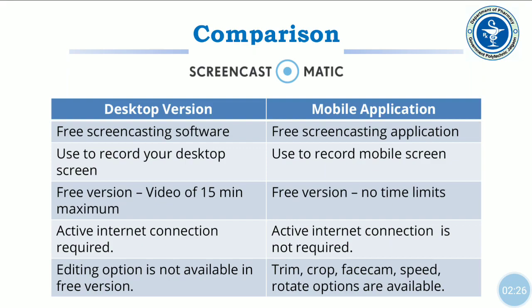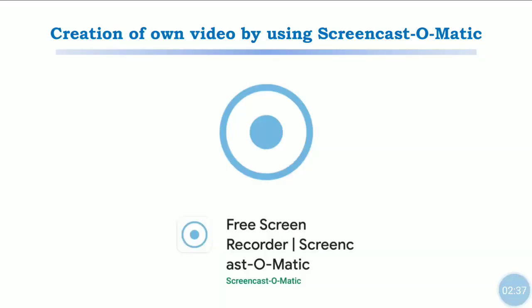So let's move to explore how to record an educational video on your mobile by using the Screencast-O-Matic mobile application. So, creation of your own video by using Screencast-O-Matic. Here is a screenshot of the name of the application.